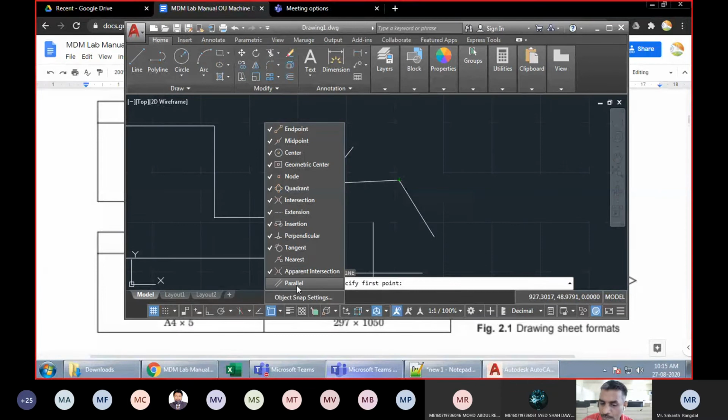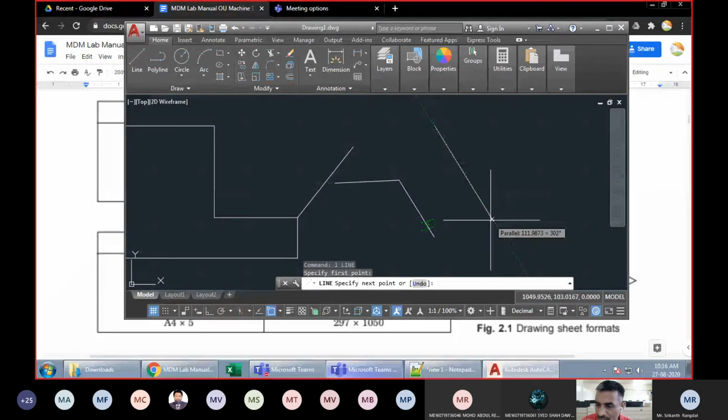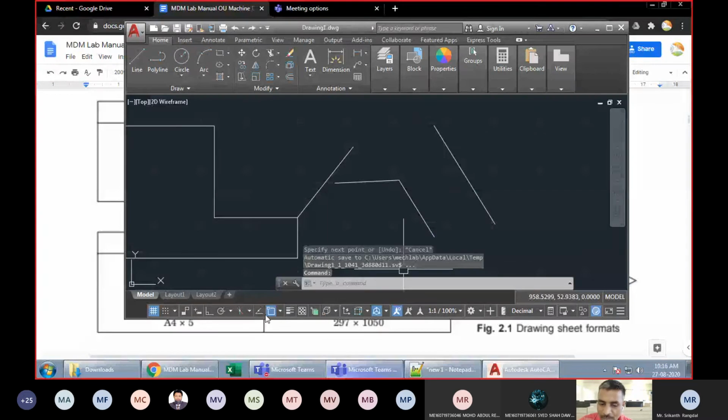You can also have parallel lines. For drawing parallel lines, when you start drawing a line, you have to keep your cursor resting at a line of your choice for some time. After that, you have to move away and try to draw a line parallel to it. Now you can see the parallel line has been highlighted, and it is also displaying in a short rectangle just beside my pointer that indeed the line is parallel to this particular line. Okay. So these are the object snap options.